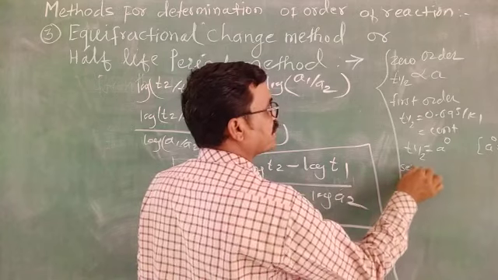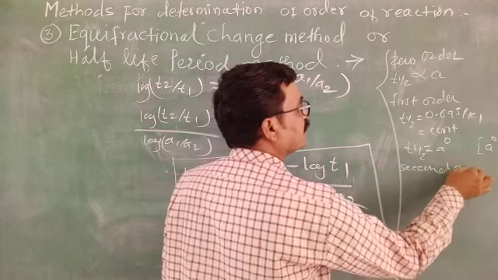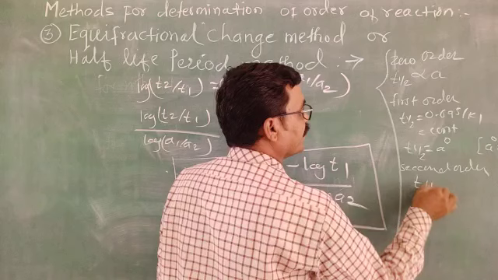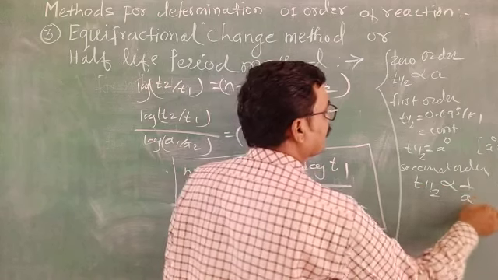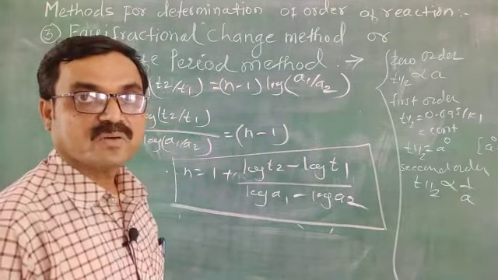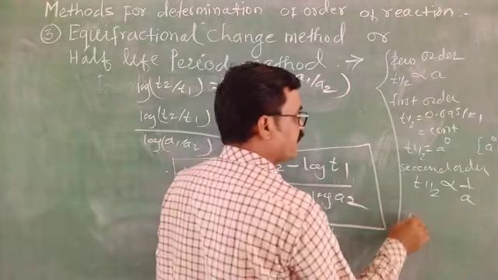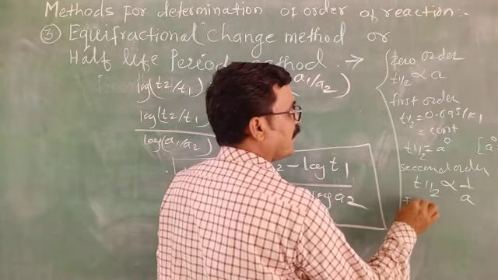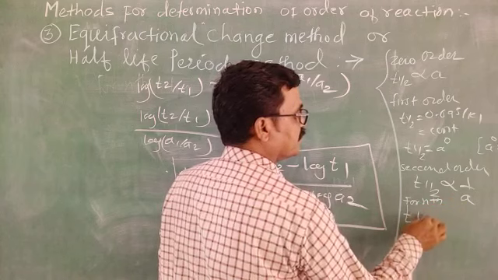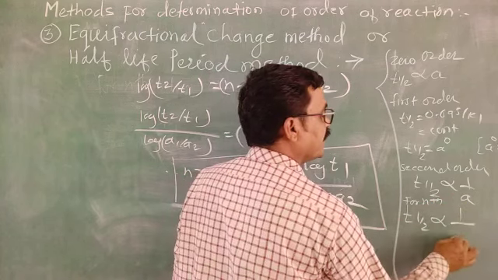Now for second order reaction, this T half is inversely proportional to the initial concentration. From this we come to know that for nth order reaction T half is proportional to a raised to power